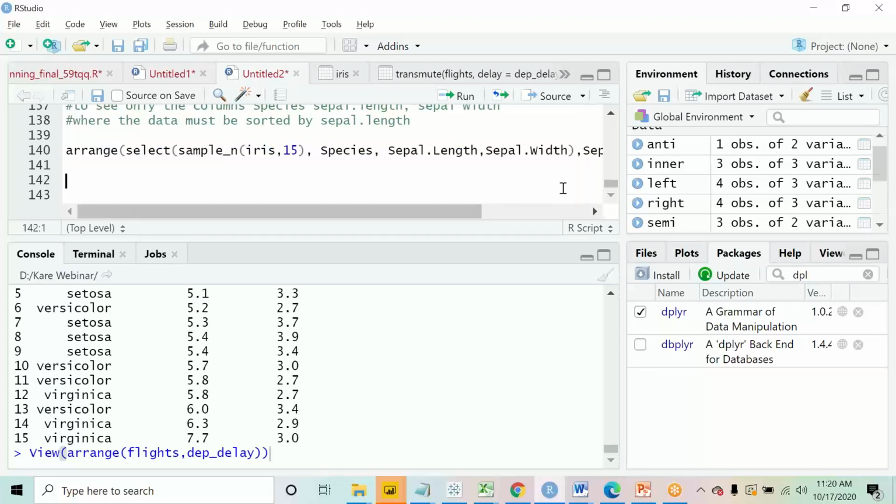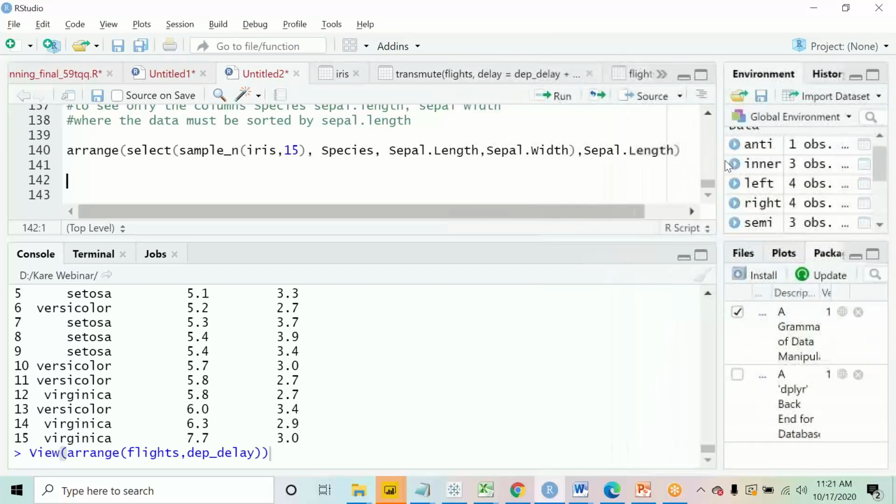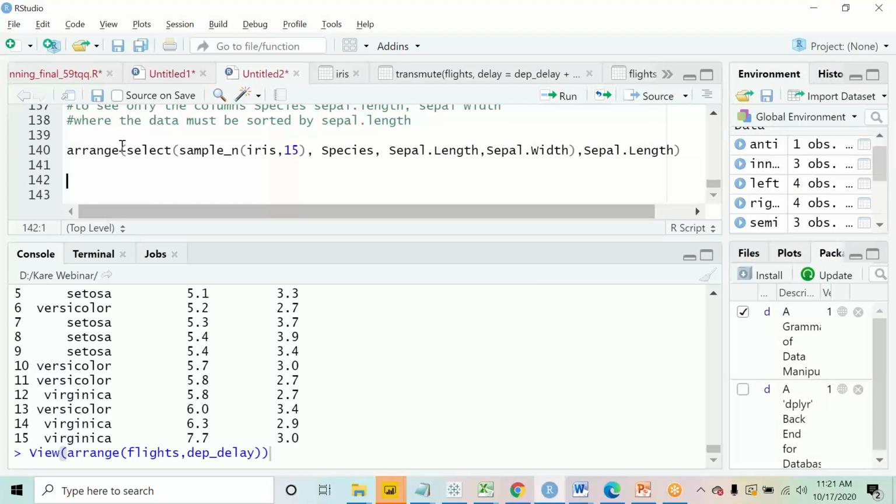Okay, now the task that comes up over here, I'll make it easier for everyone. If you see now, this is a little complex to understand, right? If I share this code with you, you will have to spend 2 minutes to decode it. First, from the inside, the sample has been taken, from there the select command has been taken, and then the arrange has been taken.